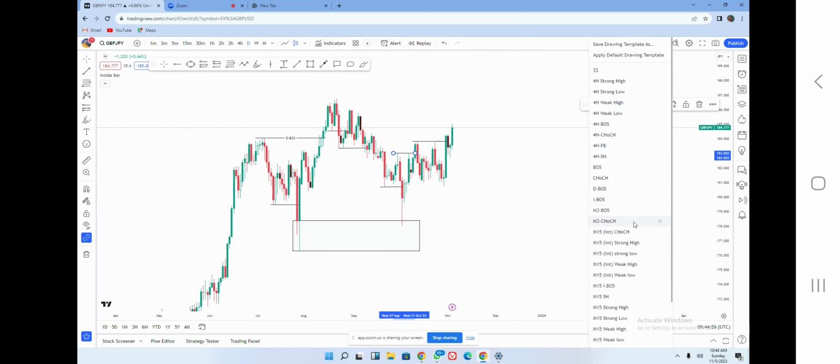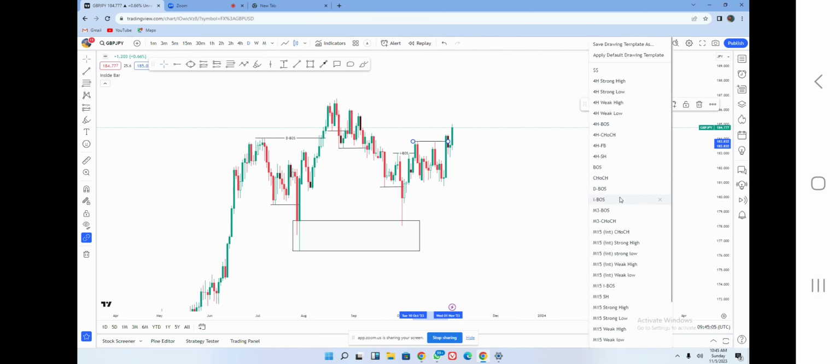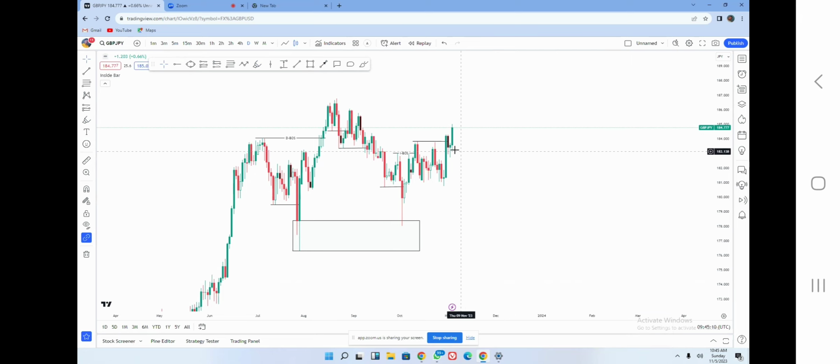Let me just take it as the daily IBOS right here. This is the IBOS. But if we scale down to the 4 hours to see what it looks like, from here we have a break of structure. And don't forget, I said after a break of structure, we can expect a retracement. Plus, I don't know if you can see this, but